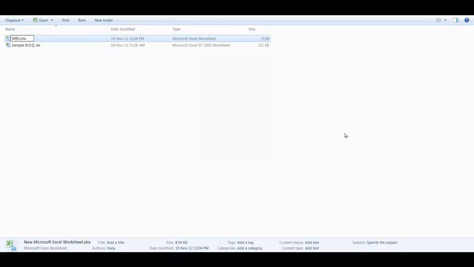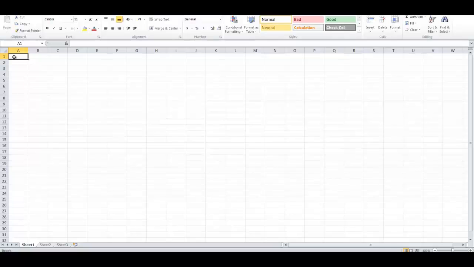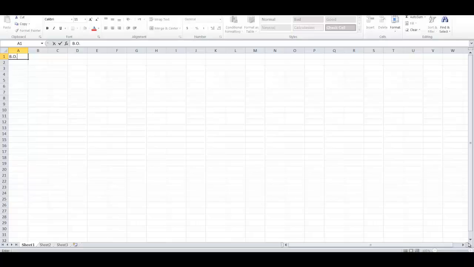file, and I'll call it WBS dash activity list. I'll put some columns here which I'll start filling later on. My first thing will be the B.O.Q reference,